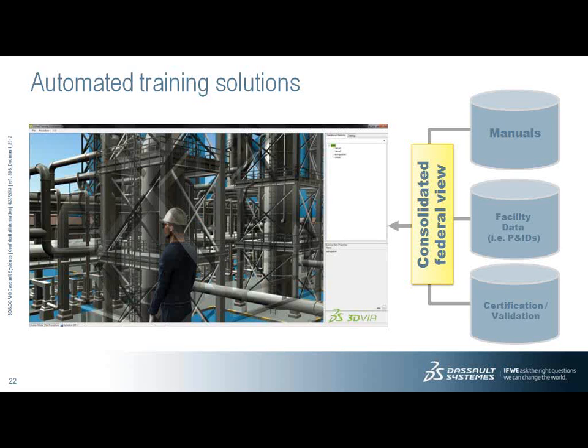There's really no way you would be able to look at this data and make decisions or leverage it in a smart way, any two of these databases, without technology. So right now you'd have one specialist going into the manuals, and they would know the manuals like the back of their hand, probably. Maybe there would be more than one, and they would have those divided. And you have somebody that knows the 3D like the back of their hand, and maybe they're also the person that navigates the 3D for you.